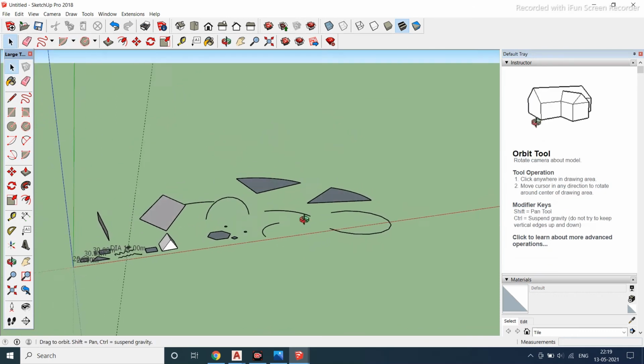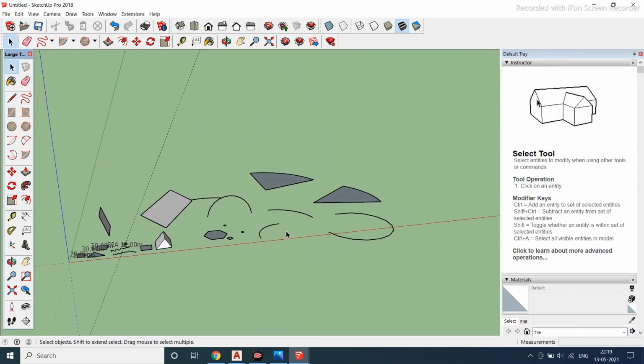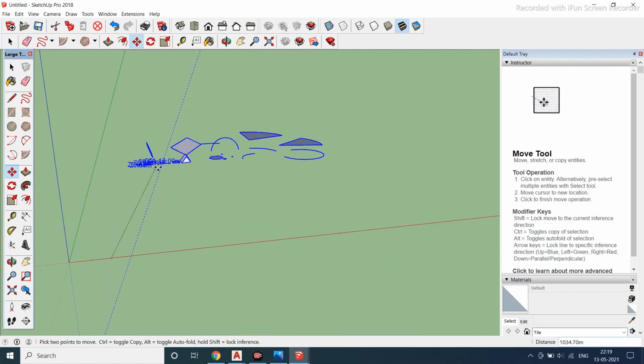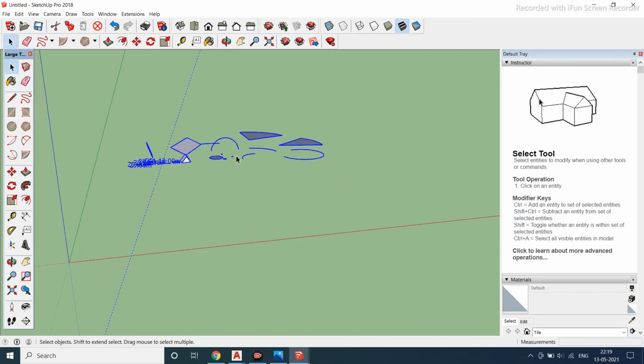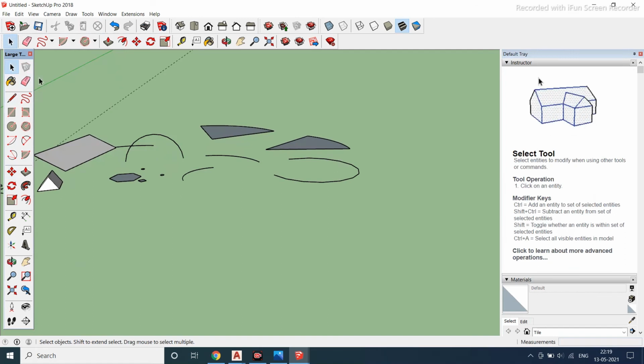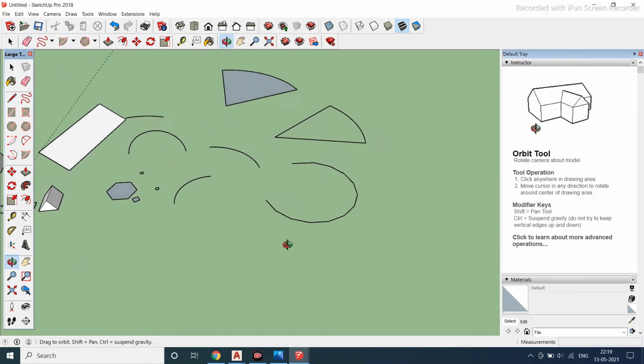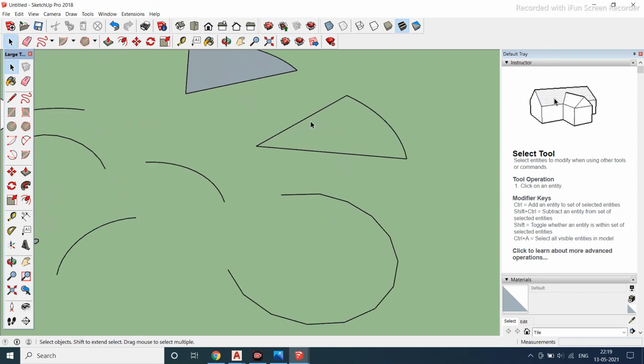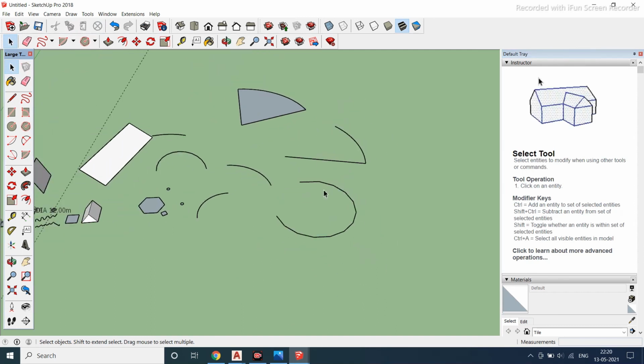Now if you want to move this work, select everything and you have a move tool, I can move it. If you want to delete it, what is your selection tool over here? This is your selection, which object you want to delete. You can see which part is selected, that top part which is selected will be deleted. If the line is selected, that particular part only will be deleted. If you want to come out of the command, escape.